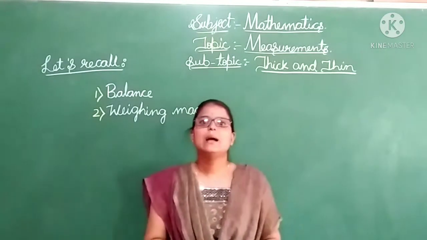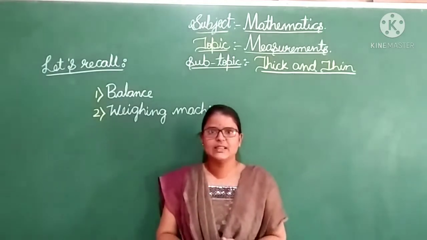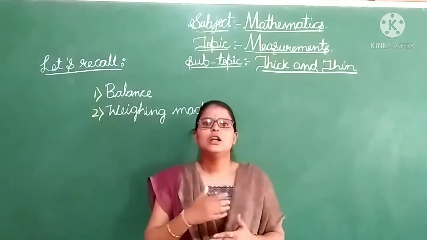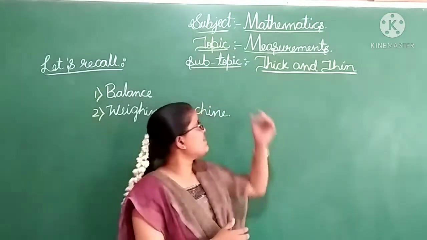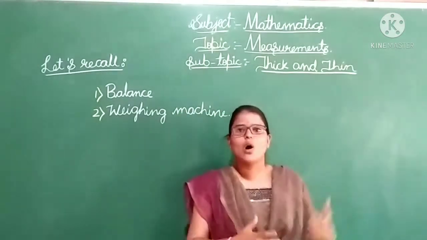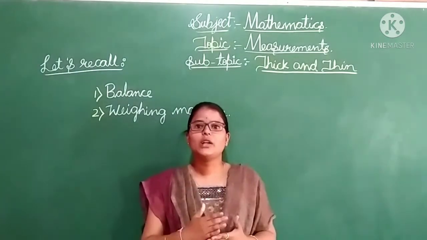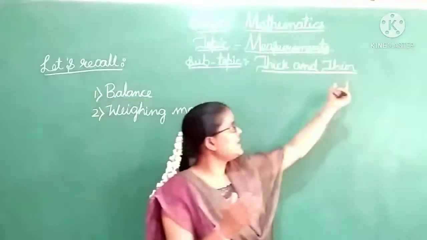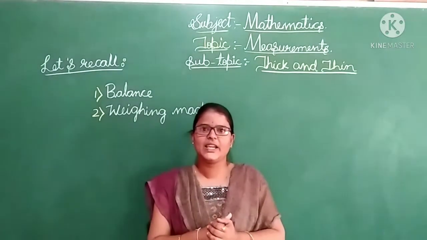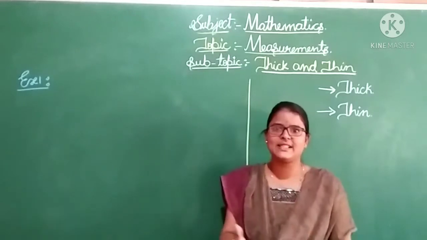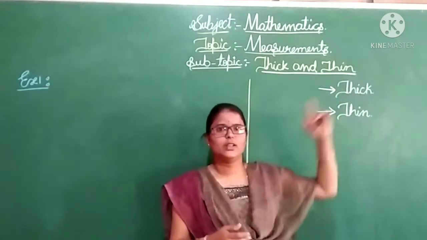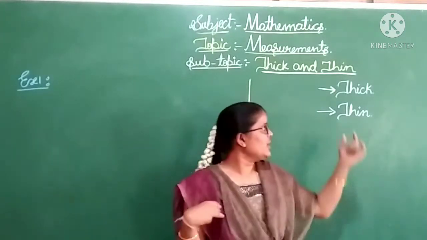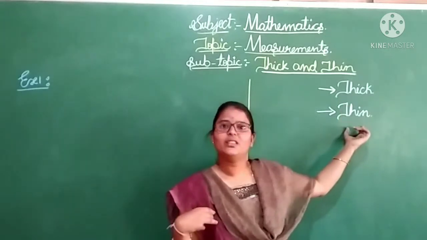This is about our previous class. Dear children, until now we have discussed our previous class. Now let us move on to today's class. In that we are going to discuss thick and thin. What is thick and thin, and how are objects differentiated as thick and thin? Let us see now. Dear children, let us see a few examples on thick and thin. I will show two pictures on the board. In the pictures you have to identify which object is thick and which is thin.